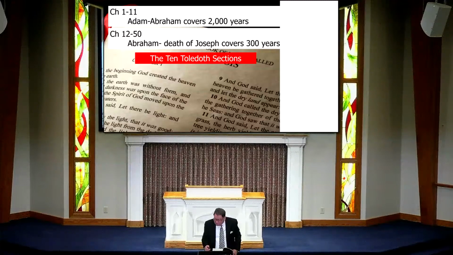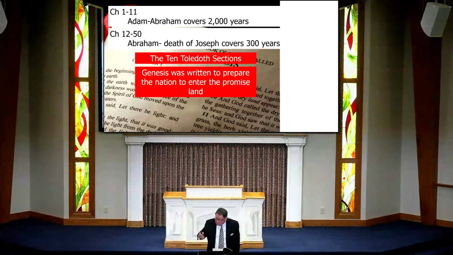Now, why was the book of Genesis written? I think it was written through Moses as Israel was in the wilderness getting ready to go into the promised land. And God did two things for them. First thing he did was he repeated the law, Deuteronomy, "duets," two. It's a repeating of the law. And the second thing he did was to show them their origin and their relationship to the one true God.